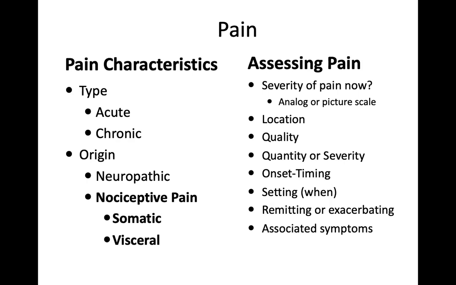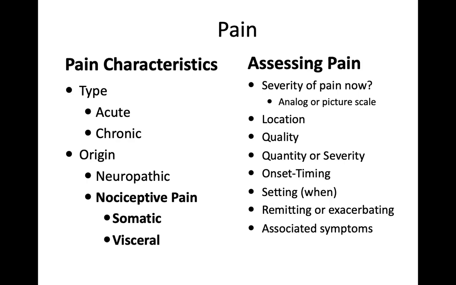And when I say quality, I want to know, is it intense, sharp, biting, electric, burning, throbbing? That's the quality part of it, because when I ask them those kinds of questions, then I can differentiate the origin of the pain, okay? Because I know that neuropathic pain is going to be burning, knife-like, electric, tingling. Okay, so anything that goes with the nerves is going to have those kinds of characteristics. Whereas throbbing, diffuse, sharp is usually something like somatic or visceral, okay?